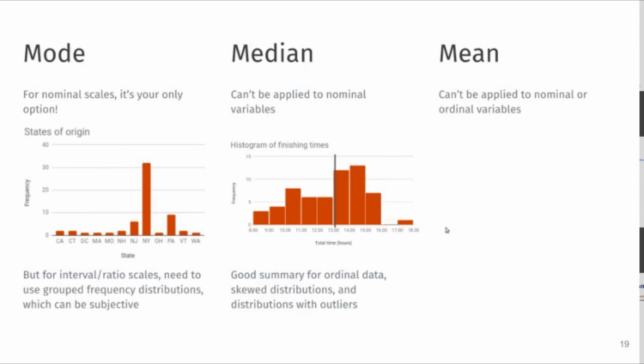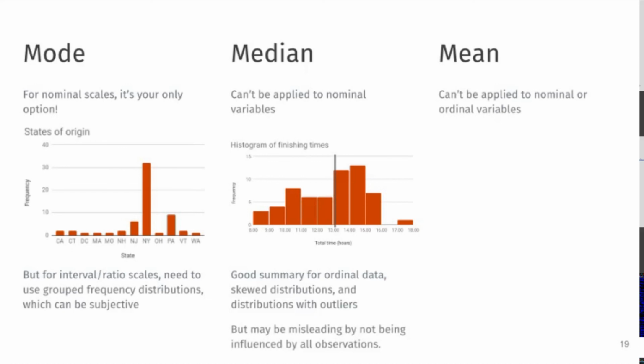But there are circumstances, for instance, if this person really had taken 24 hours to finish, that would be exceptionally long. And we really wouldn't want our measure of central tendency to be overly influenced by that kind of outlying observation. So in that case, the median is your friend, because the median only cares about the midpoint of the distribution. It doesn't really care if you've got outliers that are way out here or way out here. So when you have outliers like that, the median is often the measure of central tendency to use. Now,